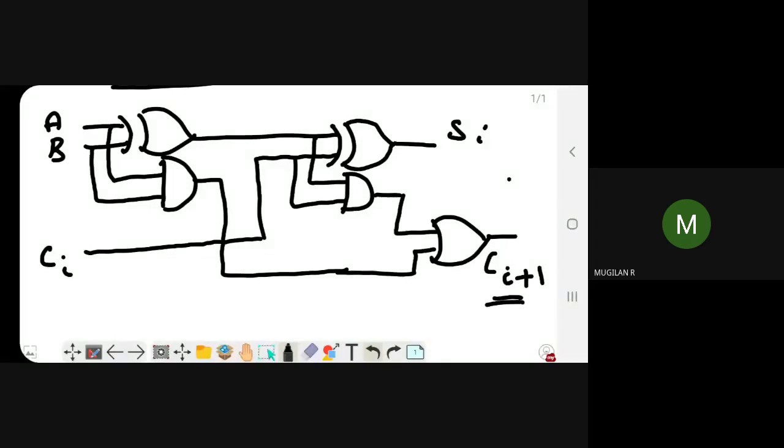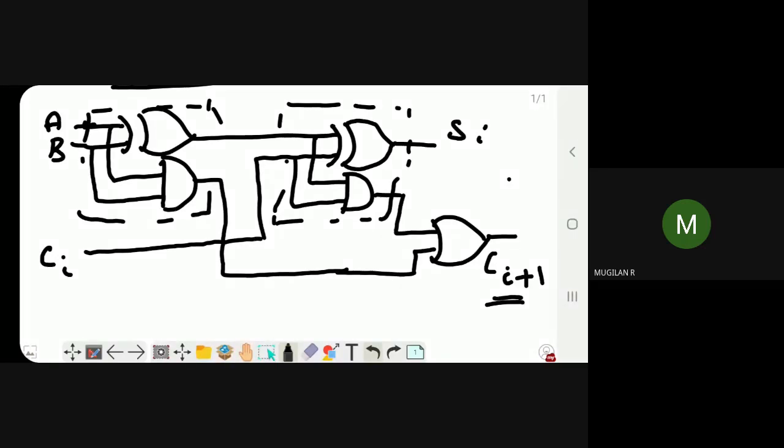Here, this is 1 half adder, and this is also 1 half adder, to make a circuit of 1 full adder. Your carry out equation is AB plus BC plus CA. According to consensus theorem, one term gets eliminated. So I've got the equation as AB plus A XOR B, and you will get the same answer. So this is the full adder using 2 half adders.